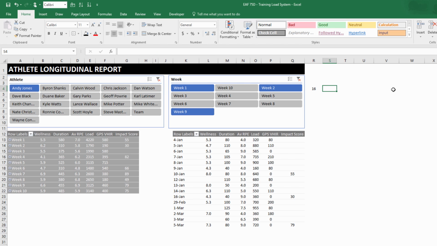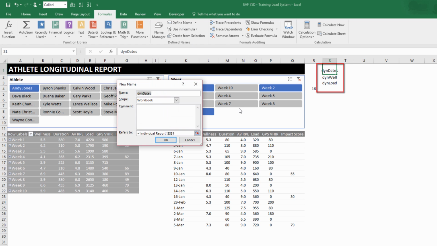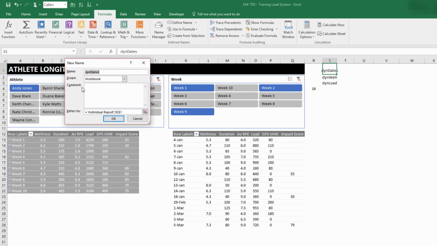And that count is useful for us because it allows us to create a dynamic range or two. We can do that in the name manager. And let's just do 3: dates, wellness, and load. If I click on the first one, dates, and choose define name, the good thing about that is it populates for me in terms of the name box. Where's our range going to start? It's always going to start in this cell. And where's it going to end up? It depends on our counter,